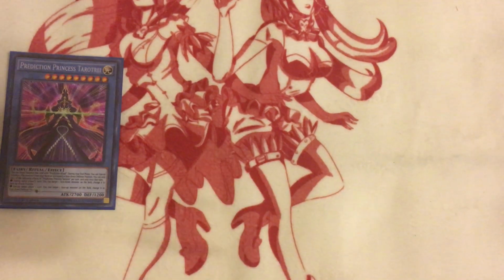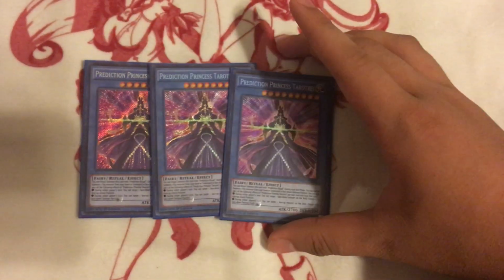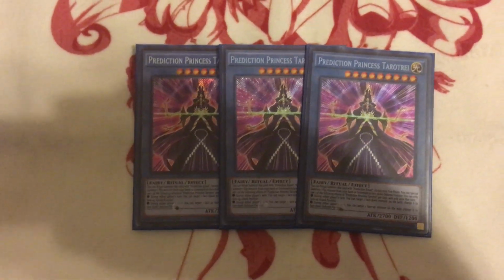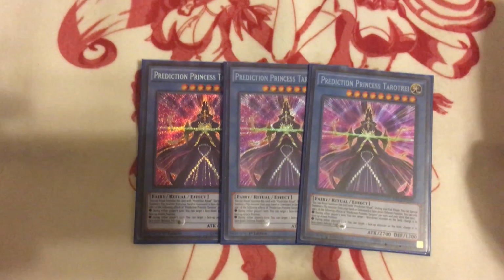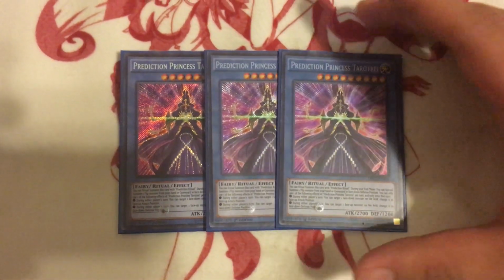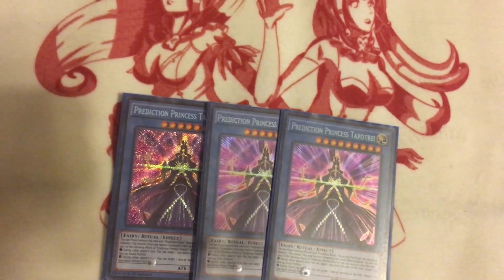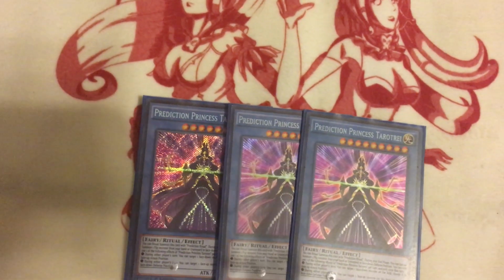First, you want to run, of course, your 3 Prediction Princesses Tarot Tray. Oh, let me just put it in the middle. Tarot Tray is your only ritual monster that you're going to be using in this deck. Mainly, she has a couple effects that are really good. She's the Light Fairy Ritual Monster, and she allows you during each of your end phase to special summon one flip monster from your hand or graveyard, face down defense position, and you can only use the following effects of